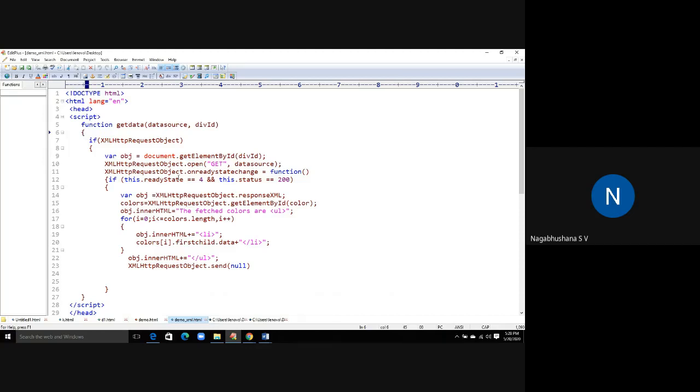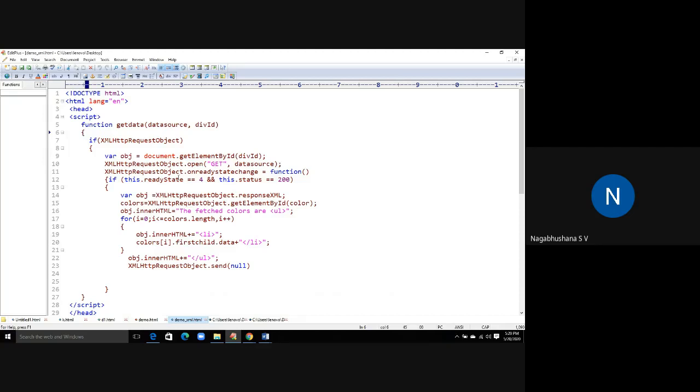So see, you have to store this as a separate XML file. You have to store this as colors.xml as a separate file; here, for illustration purposes, I have put it in the same web page.